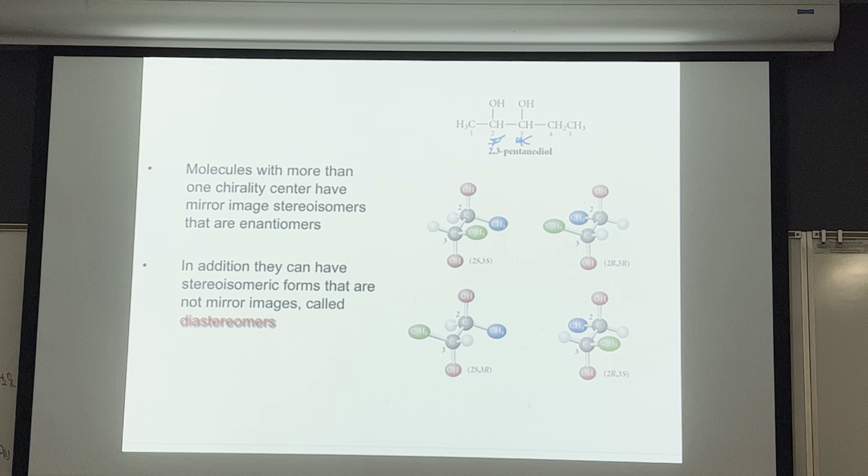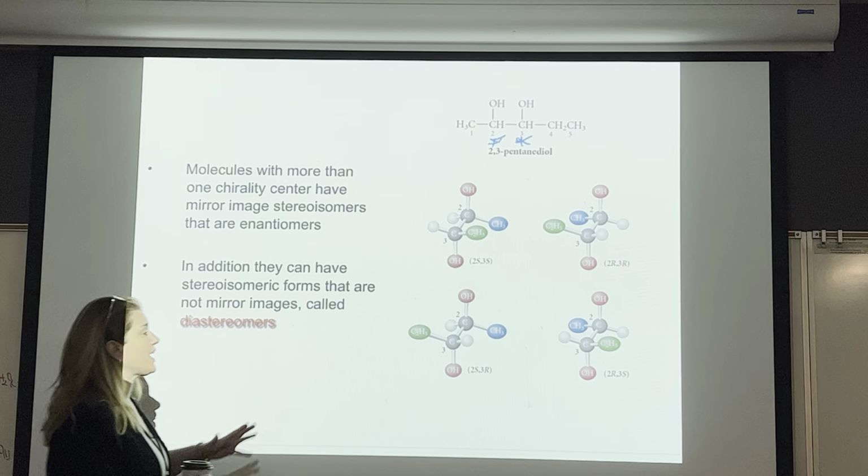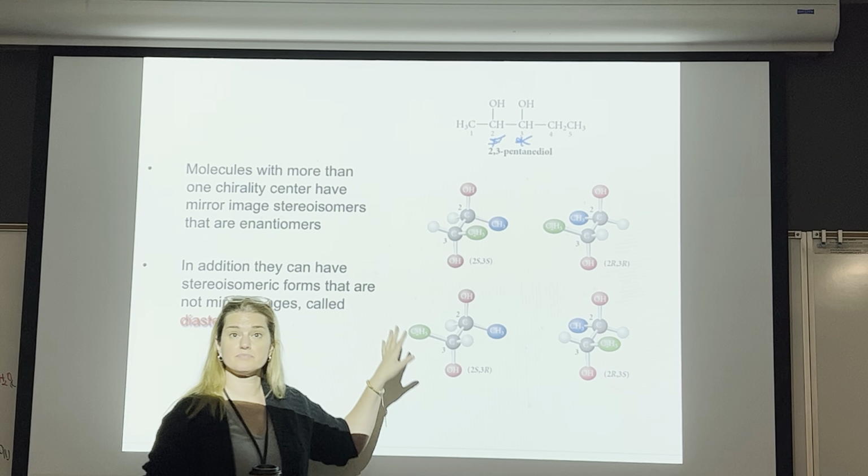All right, what about number 4? Nope, it's bonded to 2 hydrogens, and those things are the same thing. What about 5? Nope, bonded to 3 hydrogens. Those are the same. Okay, so we've got 2 chiral centers. So our chiral centers can be R or S. It just depends on the molecule. And 2,3-pentane diol, you can get all of these.